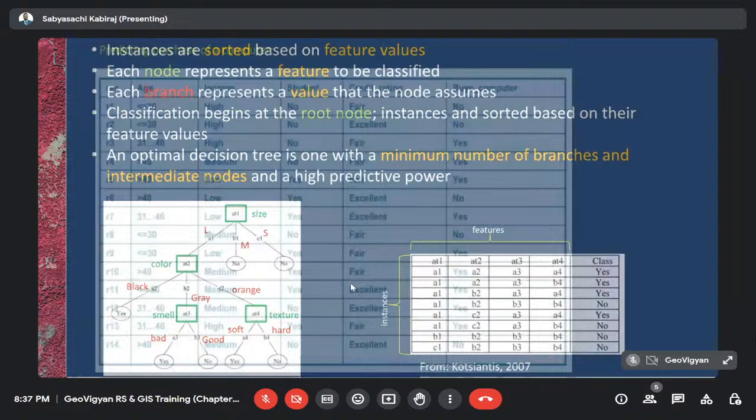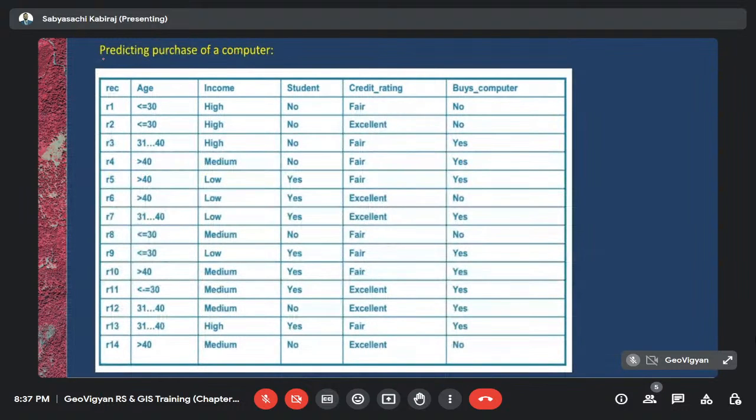For example, if you see this data set, through this data set we want to predict whether we want to purchase the computer, yes or no, right? So this is the age group, and this is the income, then student, then credit rating, and buys computer. Okay,